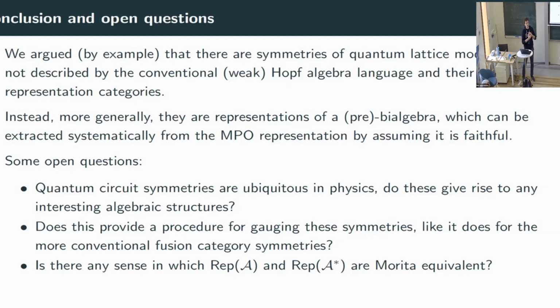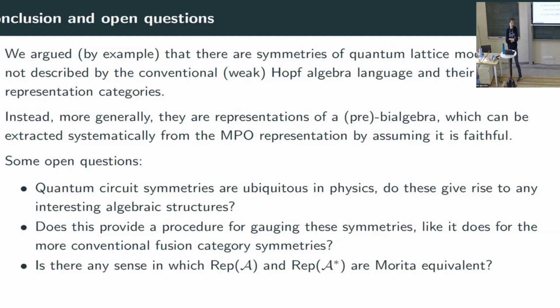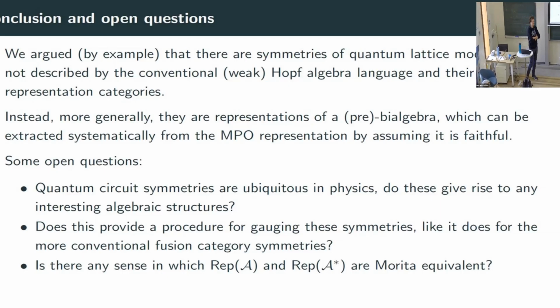Yeah, there are some questions. So the Rep A category, you just have two simple objects, right? And the fusion is very simple. But do you have a fiber functor which is different to what you used, where you just send the simple objects to a one-dimensional vector space? Will it still be? No, but 1 times 1 is not... Oh no, sorry, that wouldn't be compatible with the fusion rules, right?